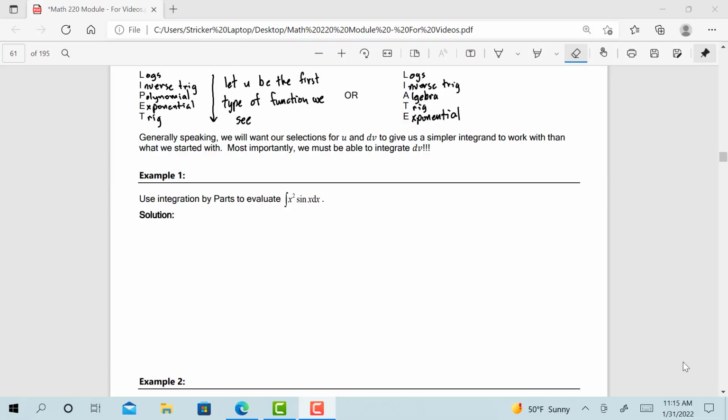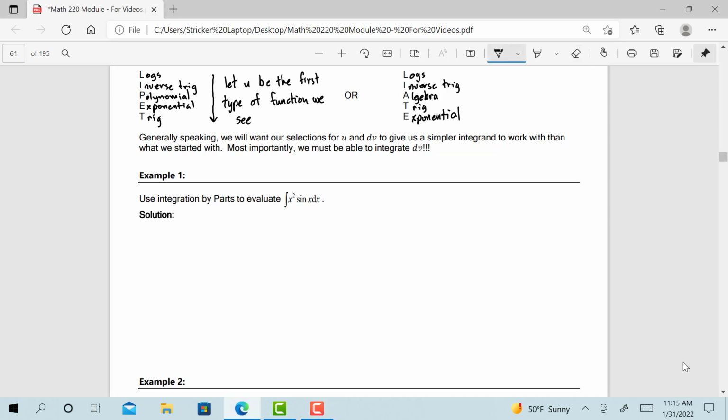Welcome back. In this video, we're going to take a look at a couple of examples of using the integration by parts method. And as I discussed in the last video, we use these memory mnemonics up at the top of the page to help us decide what to pick for u. And so we want to just go down the list, and whichever function comes first, we're going to use that